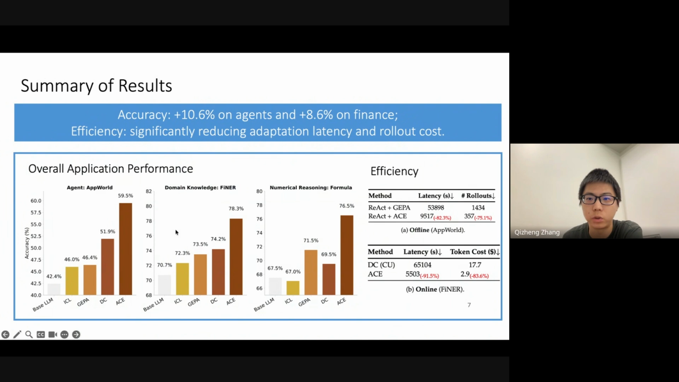On the AppWorld leaderboard, ACE running an open source model, DeepSeek 3.1, could match the top-ranked production agent powered by GPT-4.1, and actually beat it on a harder test challenge split. And most importantly, ACE does all of this without labeled data, just natural execution feedback. We also observed that ACE has much better efficiency in terms of token usage and latency in terms of adaptation